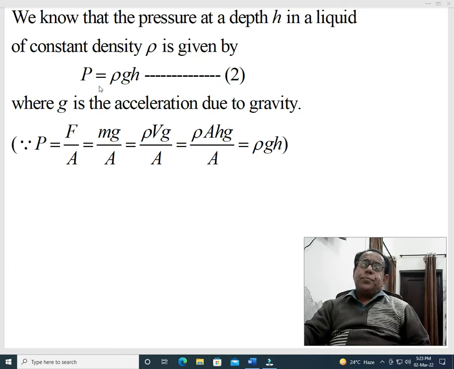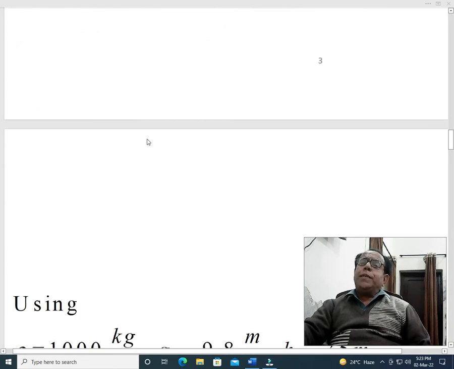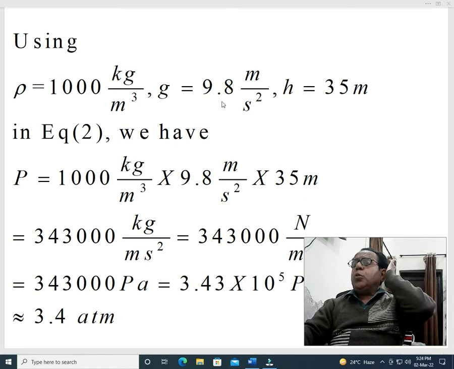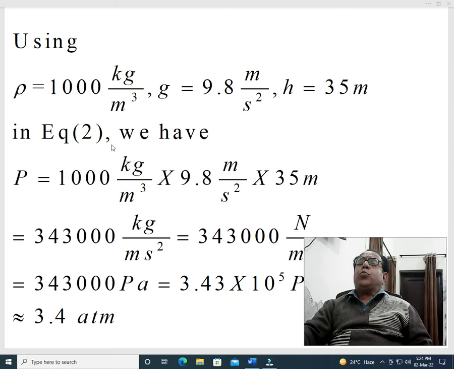because density is given in the table of densities. Density of water is 1000 kilogram per meter cube. Acceleration due to gravity g has value 9.8 meter per second square, and height h is given in the statement, which is 35 meter. So putting these values, rho equal to 1000 kilogram per meter cube, g equal to 9.8 meter per second square, h equal to 35 meter, in equation 2 we have